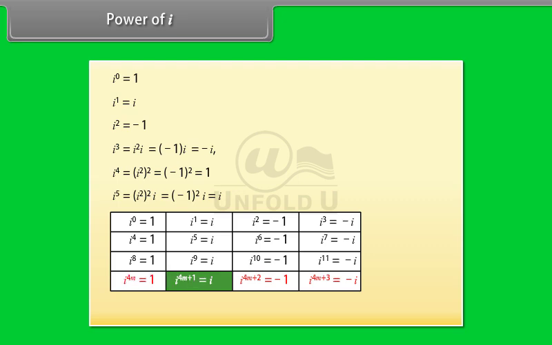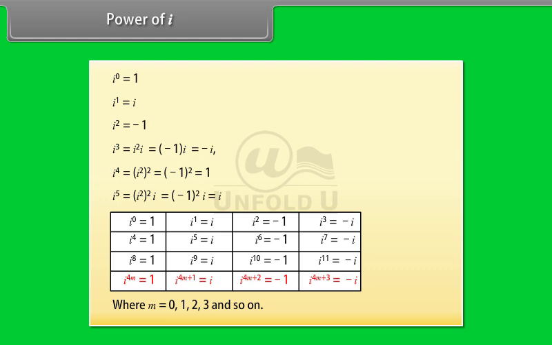Iota raised to power 4m plus 1 is equal to iota. Iota raised to power 4m plus 2 is equal to minus 1. Iota raised to power 4m plus 3 is equal to minus iota, where m is equal to 0, 1, 2,